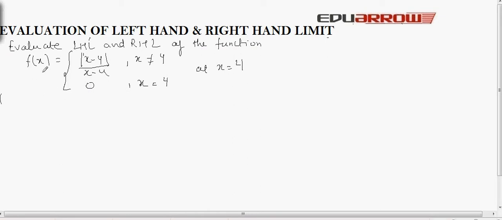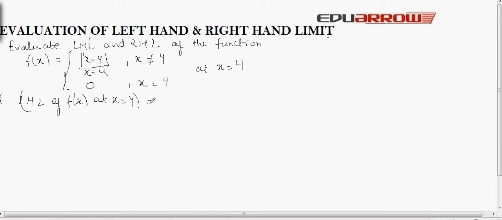In this question, we have to evaluate left hand limit and right hand limit of the function, which is defined as mod of x minus 4 divided by x minus 4 when x is not equal to 4, and 0 when x is equal to 4. And we have to calculate the limit at x equal to 4. Firstly, we will calculate left hand limit of f(x) at x equal to 4,